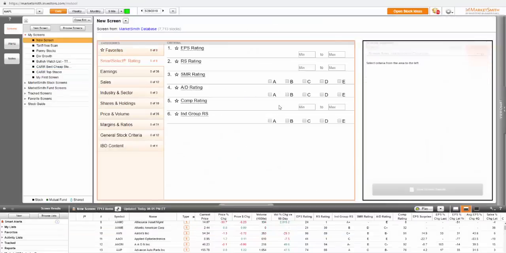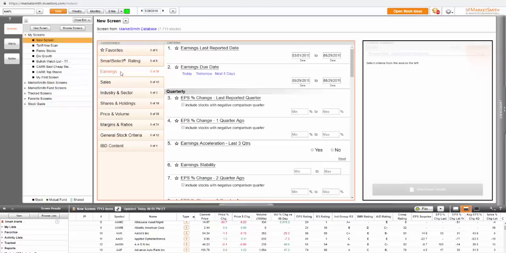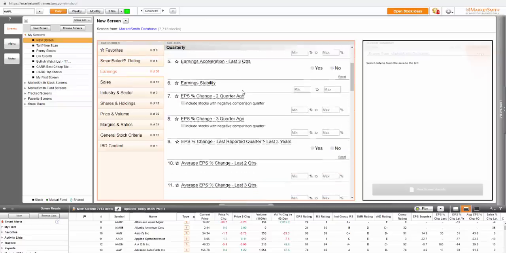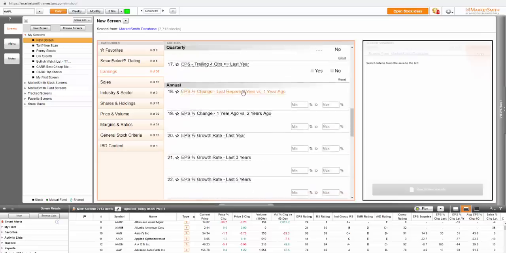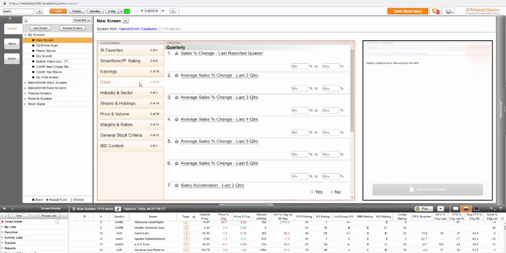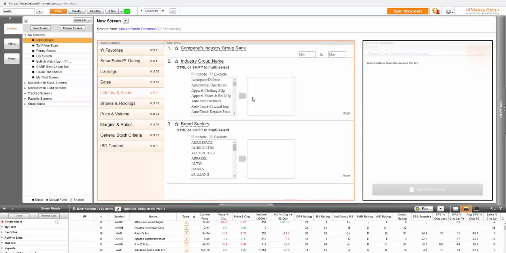And then I have all kinds of criteria to choose from. These are the proprietary ratings that you'll find only in MarketSmith. You've got all kinds of different ways of configuring earnings growth, sales growth. You can select which industry or industries you want to focus on,